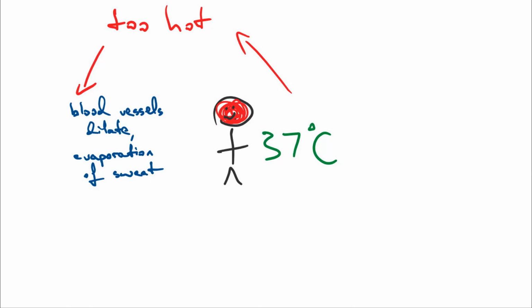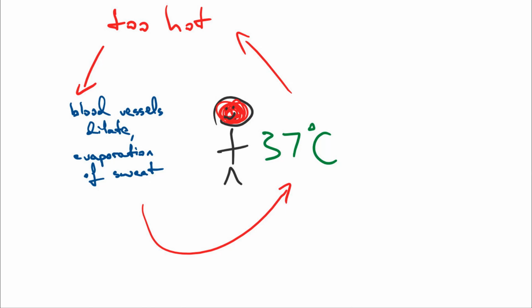Also, sweat glands do their thing and secrete their fluid. They secrete sweat. This evaporates. Now, the evaporation of sweat, well, it requires heat to do that. Now, where do you think that heat is coming from? From your body, from your skin. So as the sweat evaporates, heat is removed from your body and you are cooling down. So both of these lead to heat being lost to the environment, and you return back to your normal 37-ish